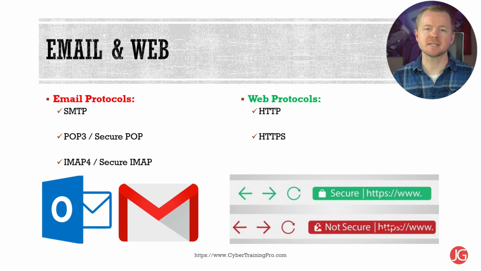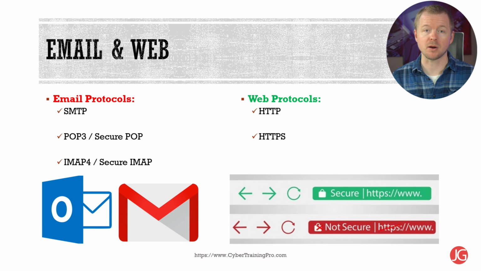A few indicators besides the port that also help to identify encrypted traffic include a padlock icon next to the URL and HTTPS in the web address. If you go to a shopping website or somewhere where you provide credentials, you should always be seeing HTTPS in